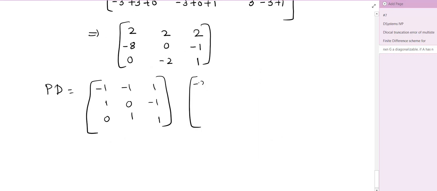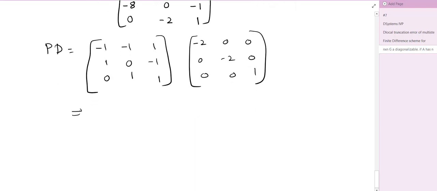So let's multiply this now. This will be equal to minus 1 into minus 2 is 2, then 0, plus 0, then you have 0, then this is plus 2, plus 0, then this is 0, plus 0, plus 1, then similarly you have minus 2,